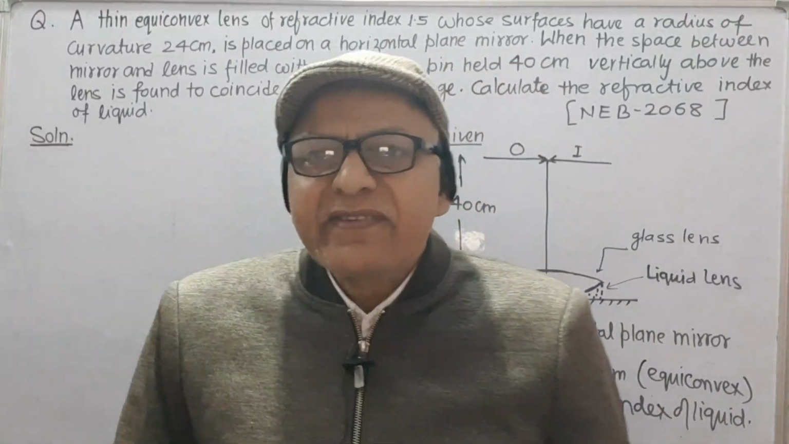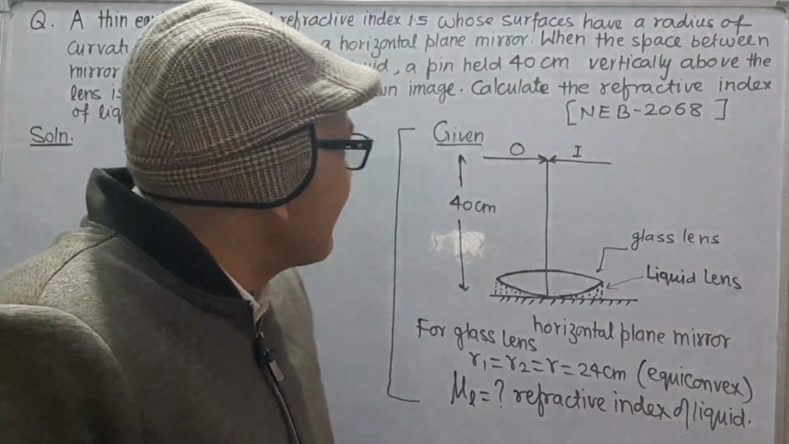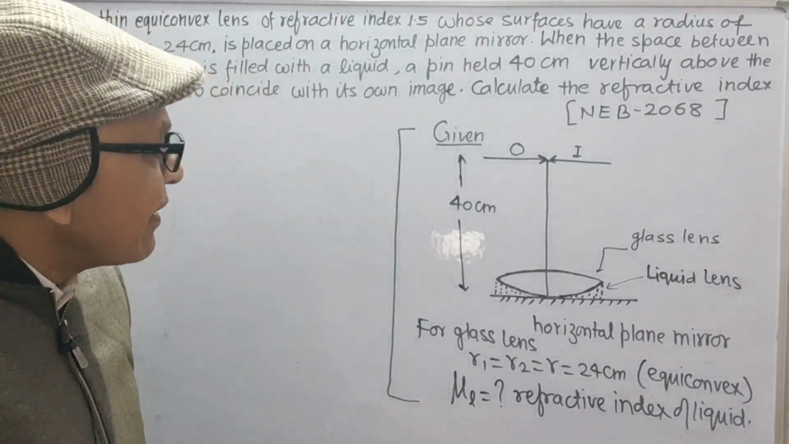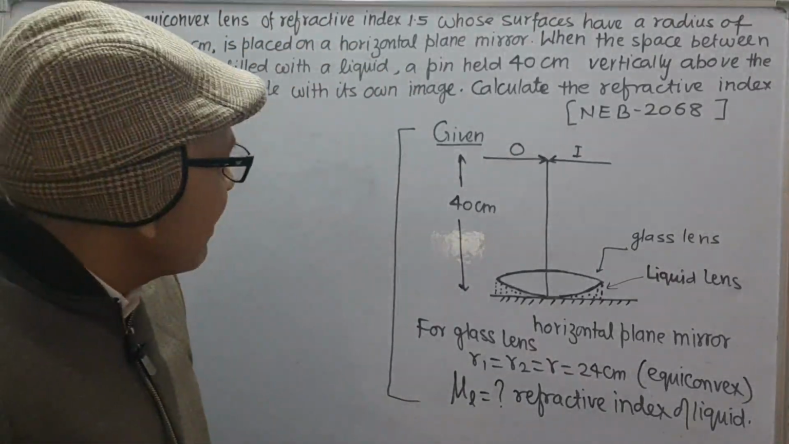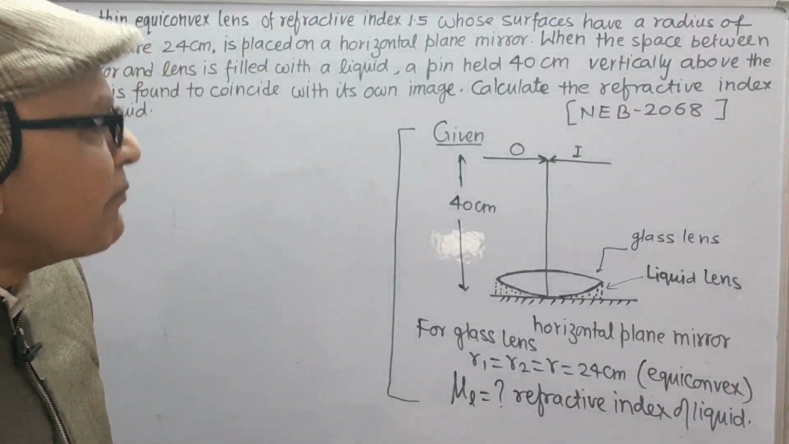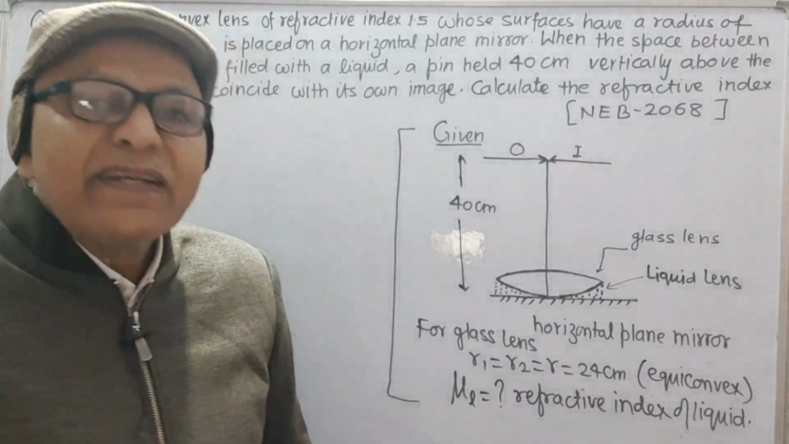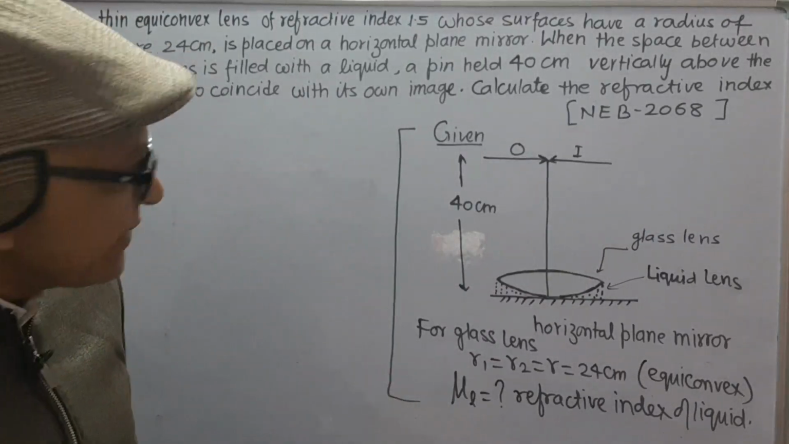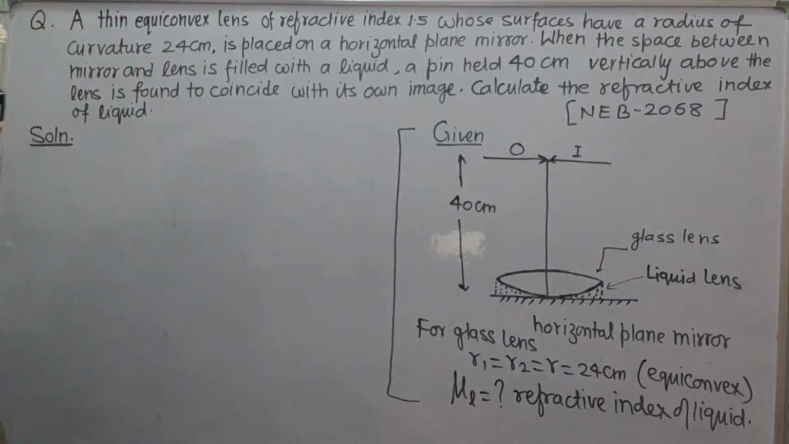Hello dear students, let us solve a numerical problem related to lens maker formula and combined focal length of two lenses in contact. The question is, a thin equiconvex lens of refractive index 1.5 whose surfaces have a radius of curvature 24 cm